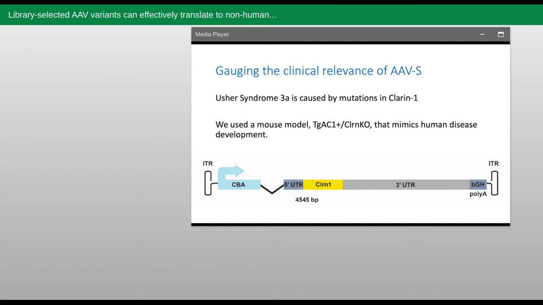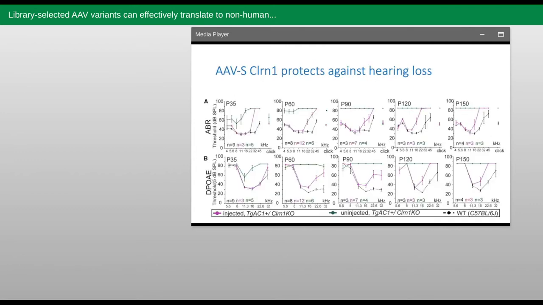Rather than a straight clarin knockout, we have clarin-1 being driven off an 801 promoter, which causes it to express for about a week before petering out, and this model mimics human disease development really well. So we loaded AVS up with a transgene of codon-optimized clarin-1 being driven off a CBA promoter, including both clarin's 5' and 3' UTRs. And we found the AVS clarin vector provided really good rescue that lasted for the entire length of our study